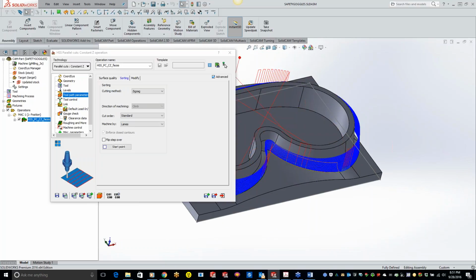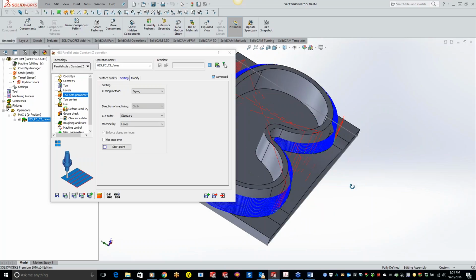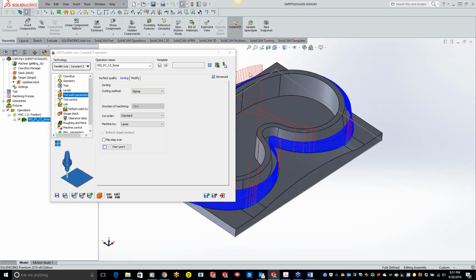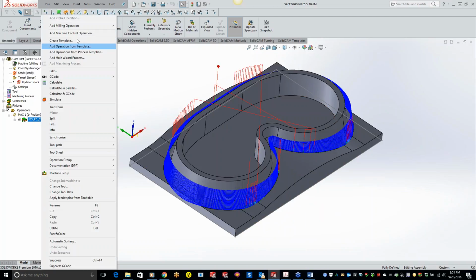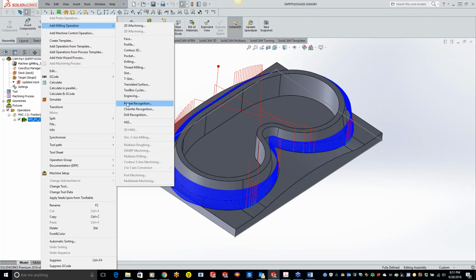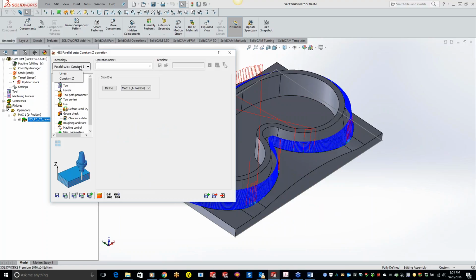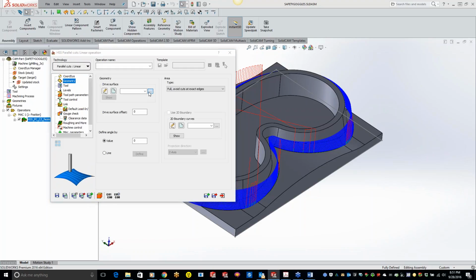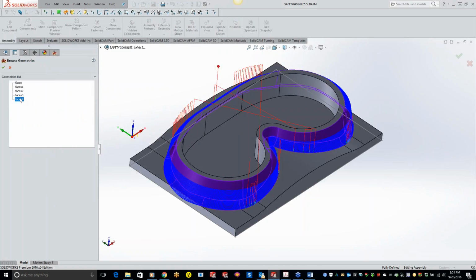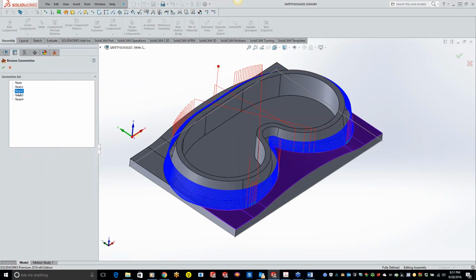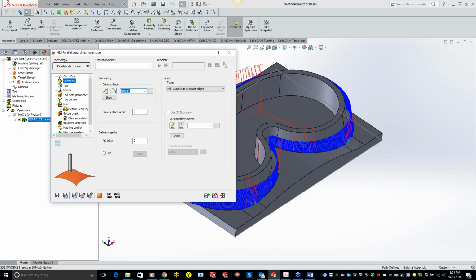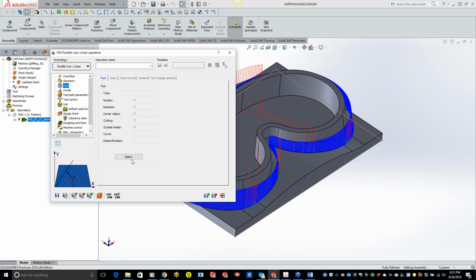So now what we want to do is get these round areas, this uneven flat surface here. So let's just go ahead and exit out of here. And let's go ahead and do another HSS, but this time we're going to do the linear path. So we'll just put back to linear here and grab that surface that I grabbed before. And the face one, there we go. Hit the green checkbox, grab that same cutter,